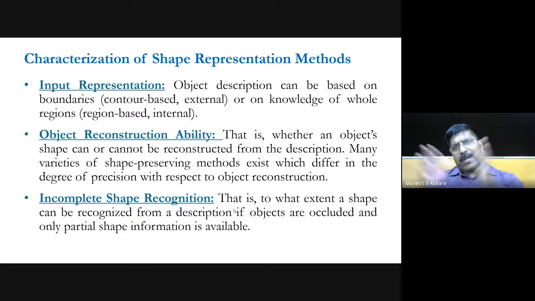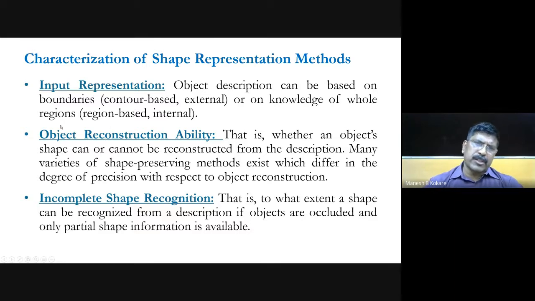Or you consider the entire image or whole region, and then you represent that whole region by some properties, for example finding the area of that region, or the compactness, or eccentricity, or rectangularity of that region. These are basically region-based approaches, and we will study all those approaches in detail. Shape representation can be contour-based, or region-based, and so on.